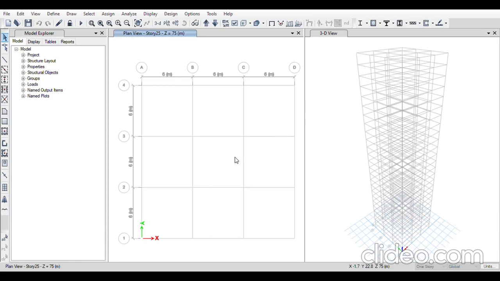I'll take rebar, in which I'll take Indian standard, and then the grade is HYSD 500. I'll click OK. Again I'll click OK with the properties, and I'll take the other material. For ties, I'll keep the region, material type and standard the same, and I'll change the grade to mild steel. I'll click OK. I'll check the properties and I'll click OK. Now the definition of the materials is done.